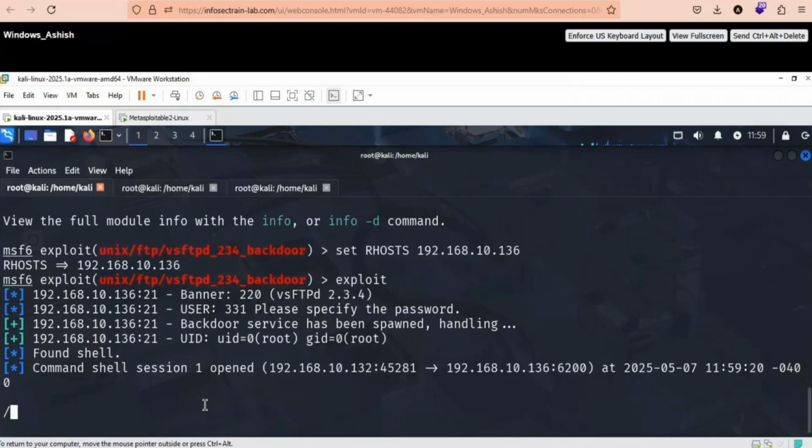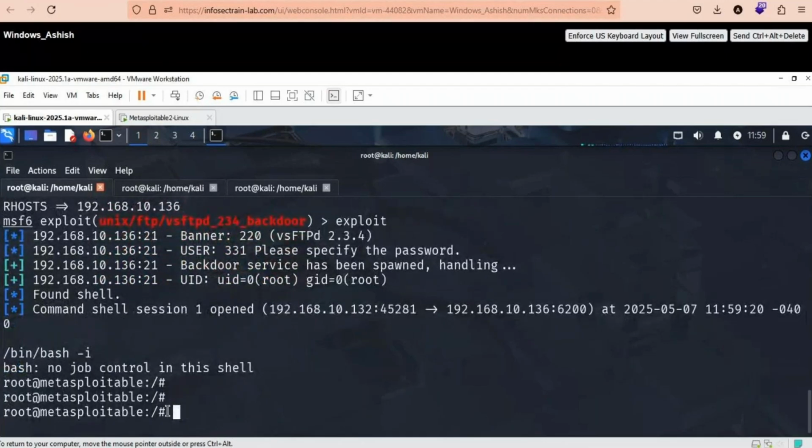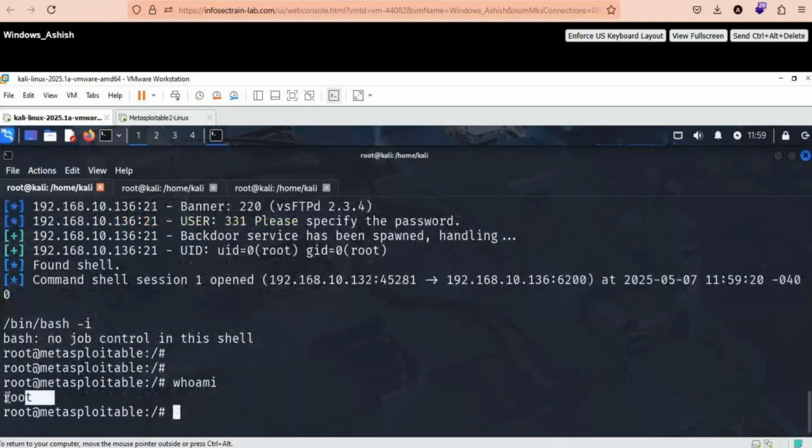If I write /bin/bash -i, you can see that I'm inside the target machine as a user. What user? If you write whoami, root user. So I have exploited a vulnerability, basically a backdoor inside the target system,